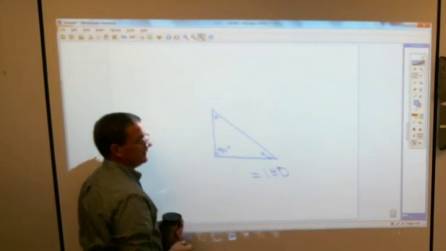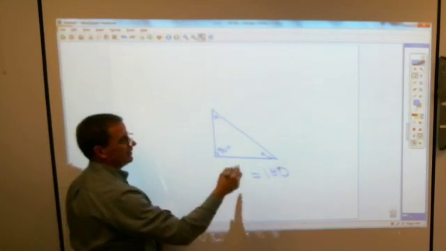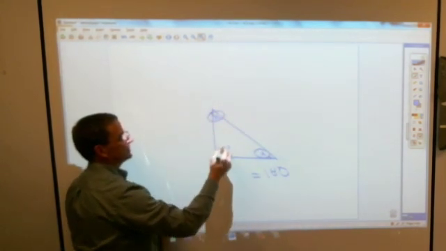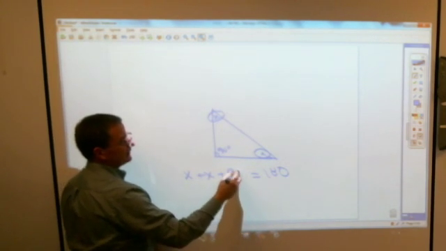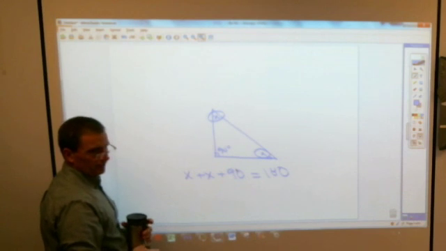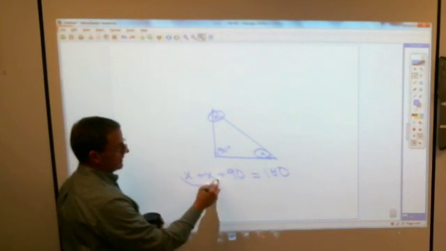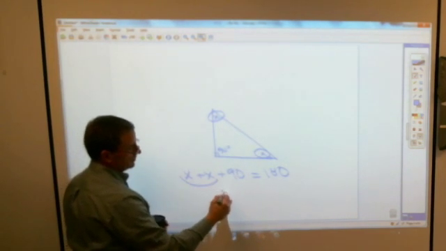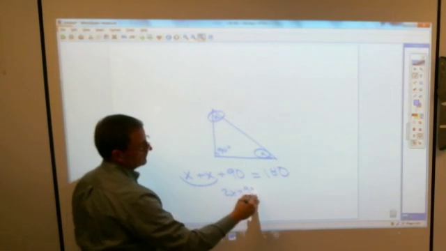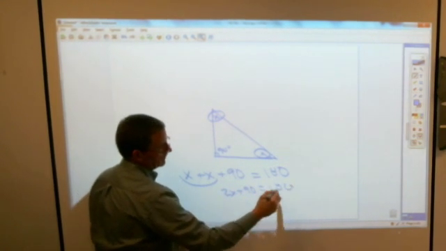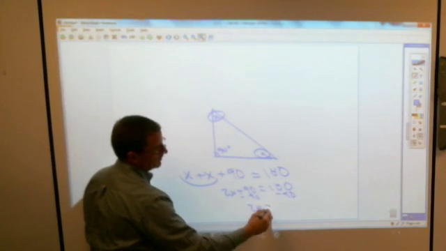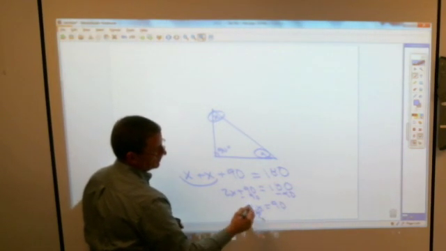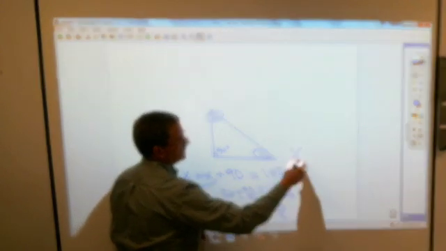They equal 180. So what angles am I adding together? X plus 90. Which means if I'm solving that equation, I get x plus x is 2x plus 90 equals 180. Subtract your 90, subtract your 90. 2x now equals 90. Divide by 2. X equals